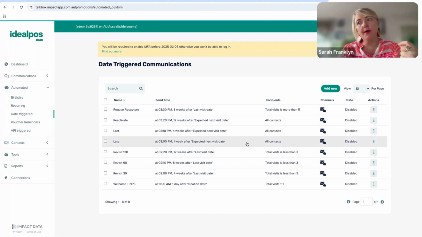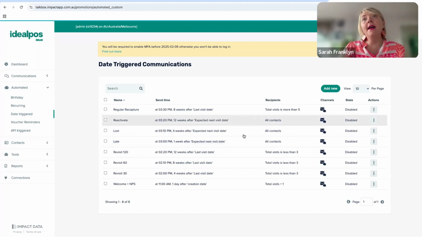Once we've got the customer through to that important milestone of the third visit, and they've started to build a relationship with your brand by then, we can calculate their expected next visit, and that's when we trigger the late, lost, and reactivate and regular recapture type communications, where they might have been quite regular but they've gone missing. Again, this is like having your own customer analyst that's looking at your data and saying, oh, these 7 people